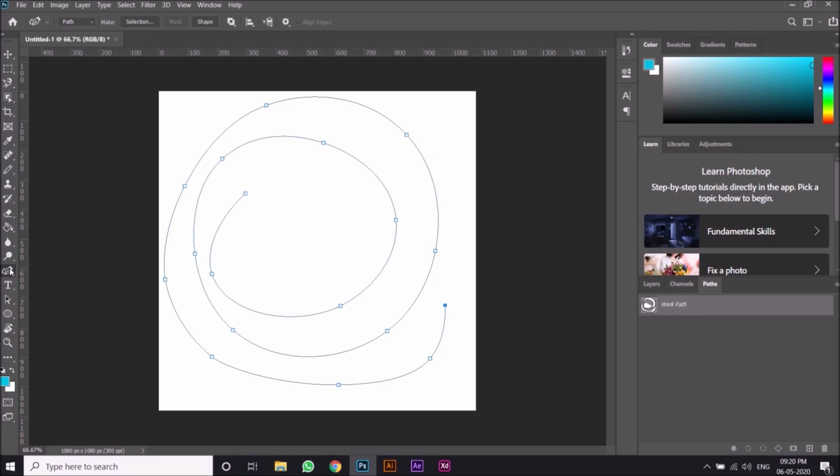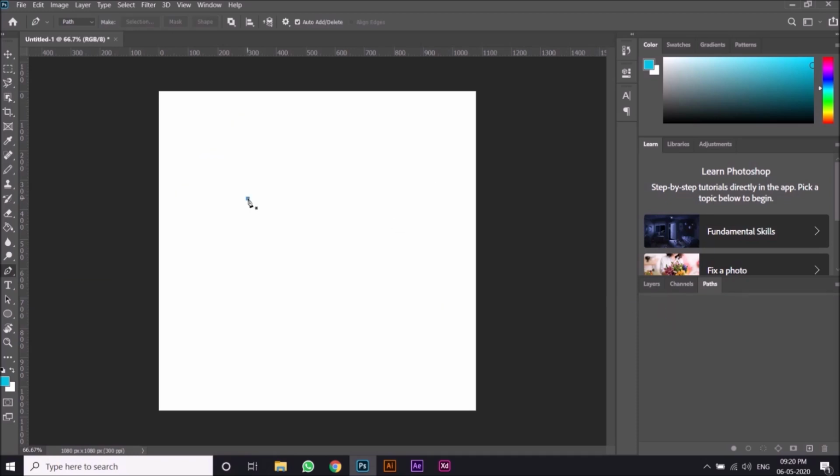Let me get back to the pen tool and make a shape or a path. Now let me delete this path right here. I'll just click here and make a shape, and you can see as I go to a point, it converts itself to a minus sign beside the pen tool, which is nothing but to remove the anchor point. These points are called the anchor points. To remove this anchor point, I'll just click on this, and you can see it has removed.